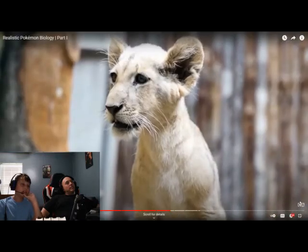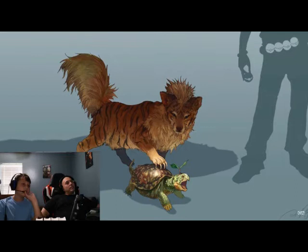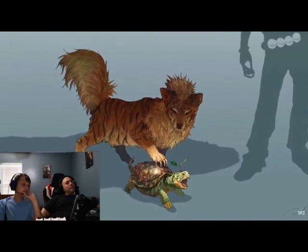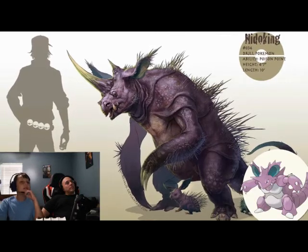Growlithe, which I think looks a bit like a lion cub. A small detail I like is that this cub seems to be playing with a Turtwig, although the Turtwig doesn't seem too happy about it. For the Pokemon Nidoking, Palmer took inspiration from